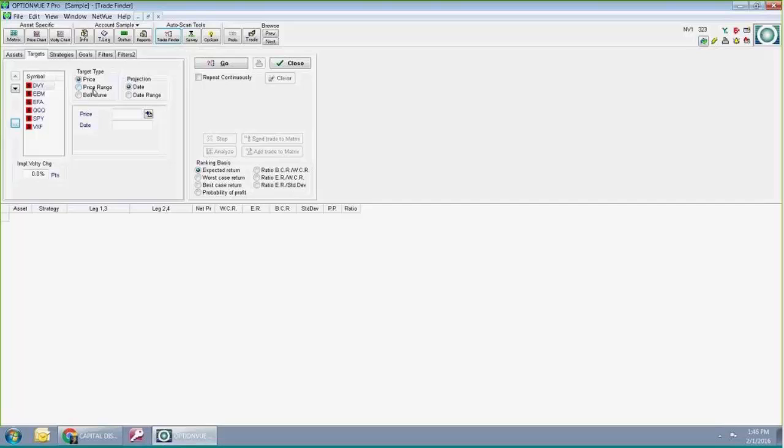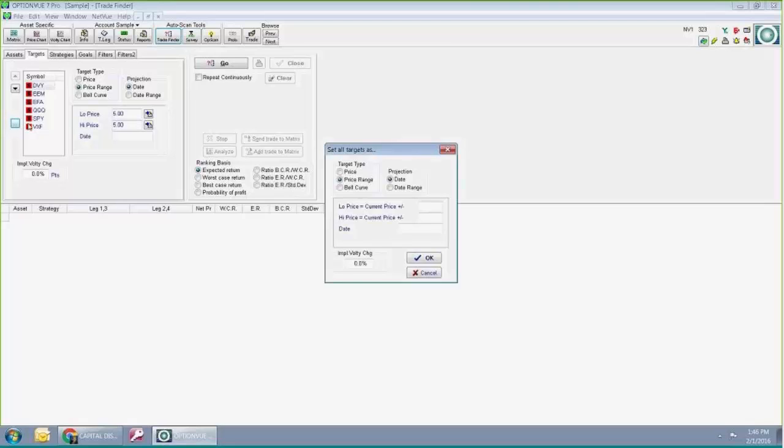I can say, if on average these move up between 5 and 10%. I'm going to do it with this little button to the left of the group, because that's what most people won't see. It's actually more useful because each of these is going to have a different price. This lets you set them all as targets, from a 5 to 10% increase by about June 18th. No, I'll go shorter.